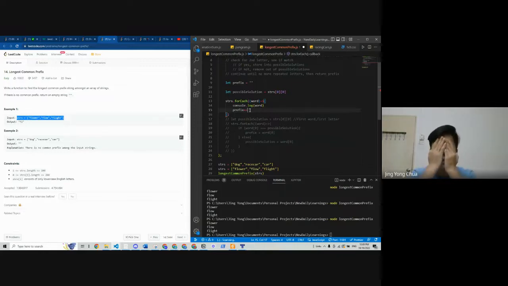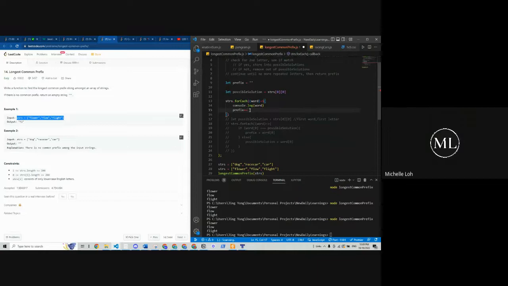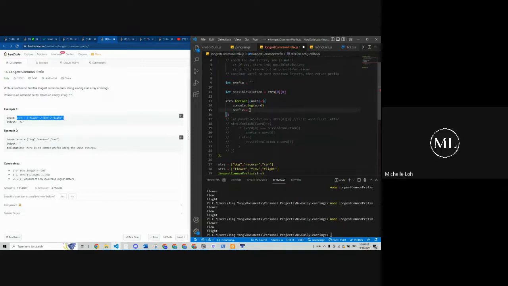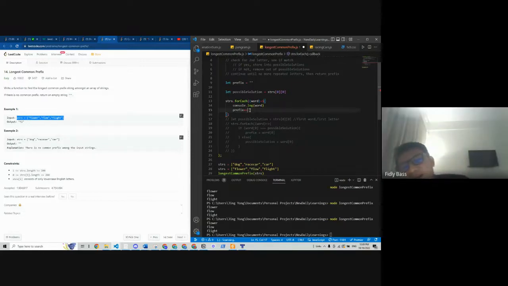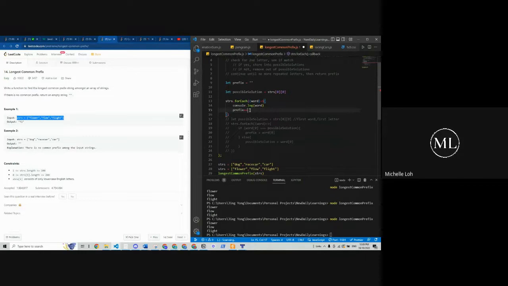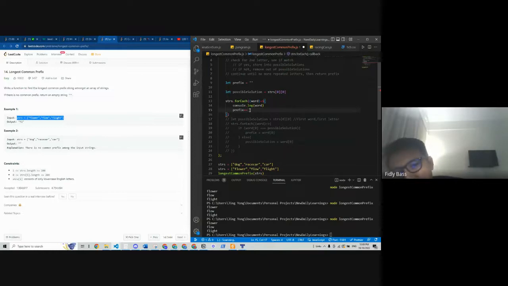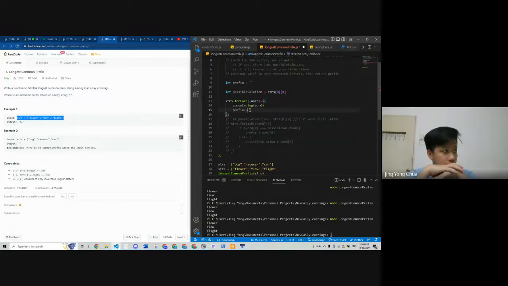Wait, let me think. How many times should we run it though? Dot length, no? You should find the shortest word. Find the shortest word. Oh yeah, the shortest. I should find the shortest word, and then I should loop through each of that, and then